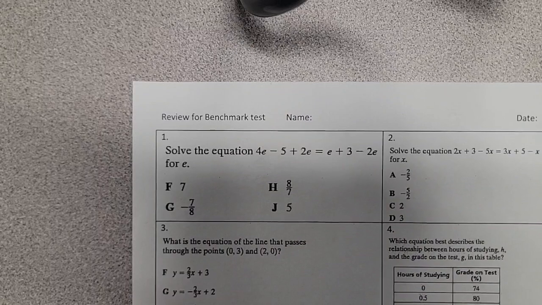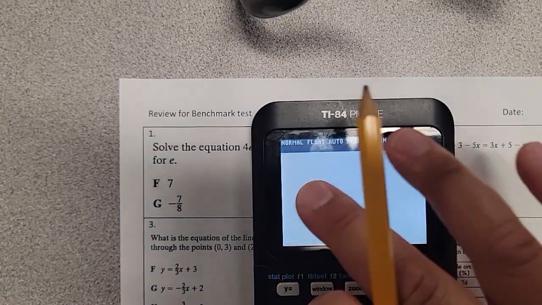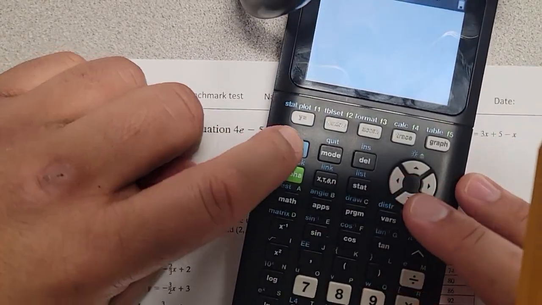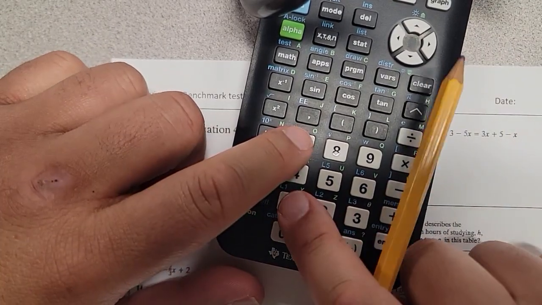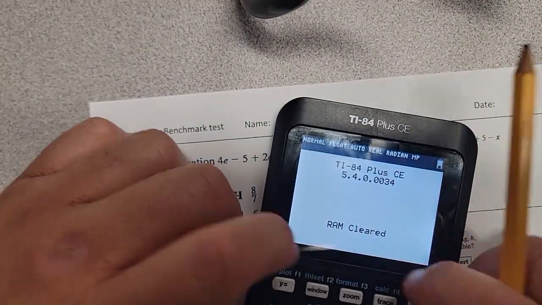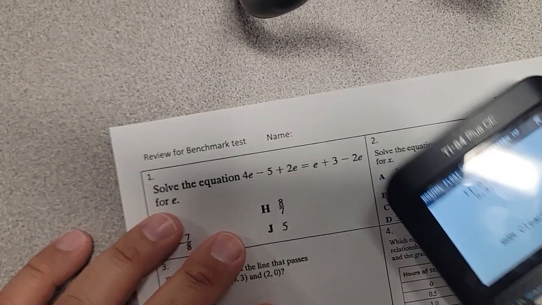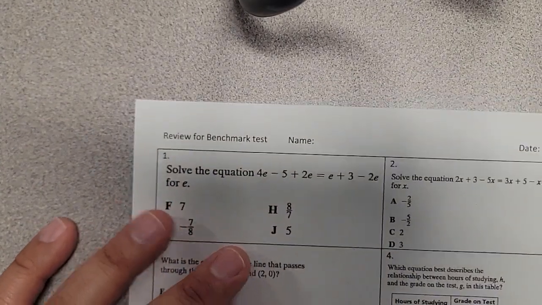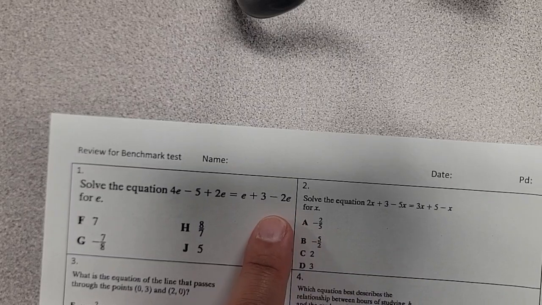All right. So first thing you might want to do, guys, is reset the calculator. So remember, you push the second plus and then 7, 1, 2. And I should say RAM cleared. All right. So for the first problem right here, number 1, number 2, you're going to go ahead and put